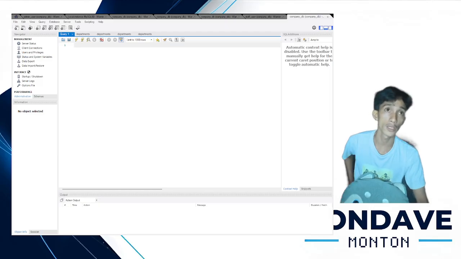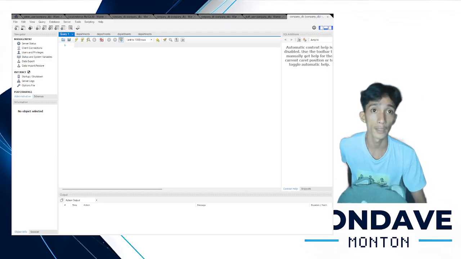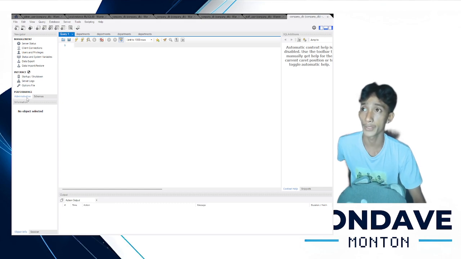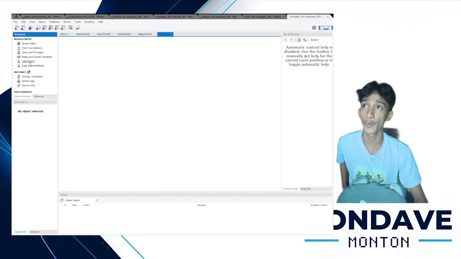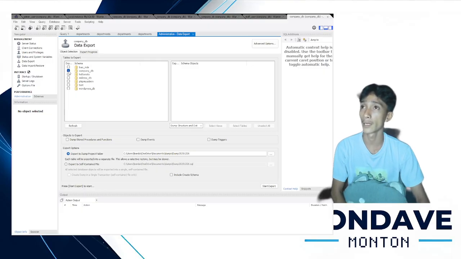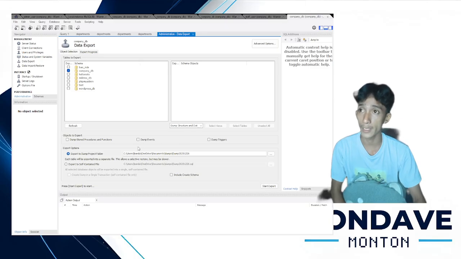To execute this backup, first we have to go to the administration, which is here, and then export our data, the company DB database.